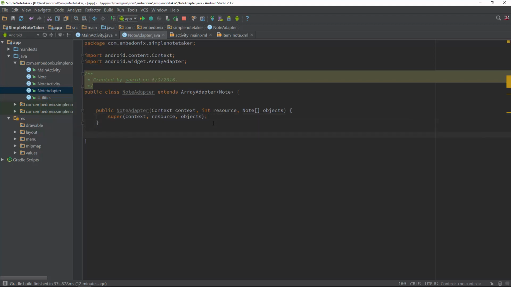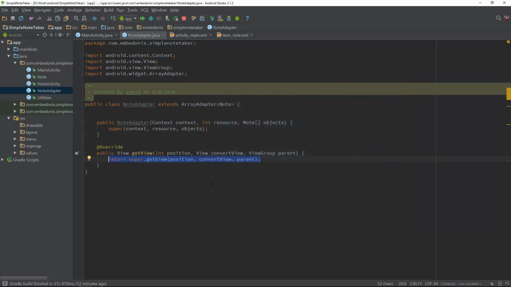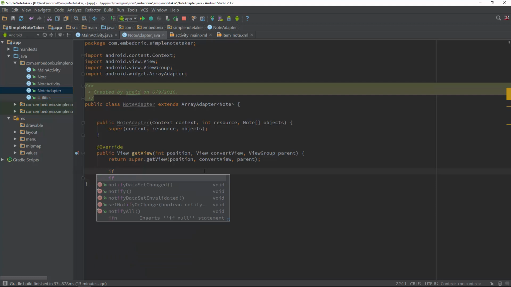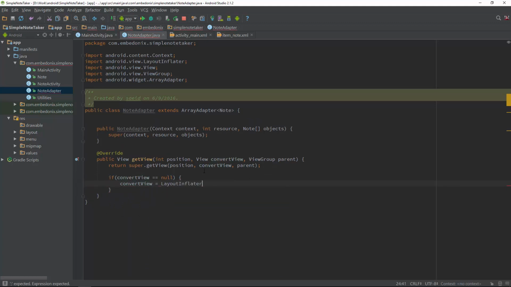Okay, then we're gonna again override some methods here. Get view. Okay, we need the get view, and this get view will give us a series of arguments. So first of all, we need to check if the convert view that is being passed to this method is null or not. If convert view equals null, then we have to build it ourselves. Convert view equals, then we have to use the layout inflator, and from the context that we are in,